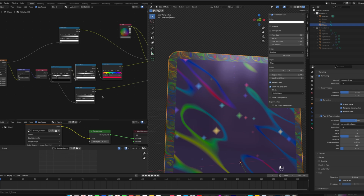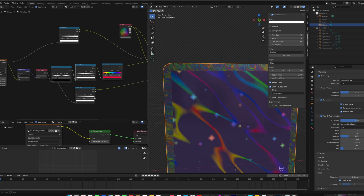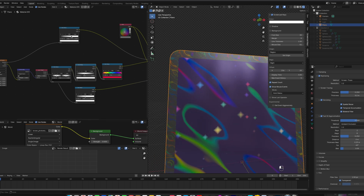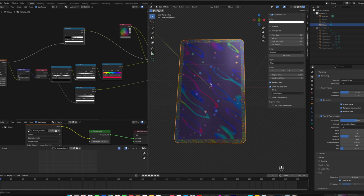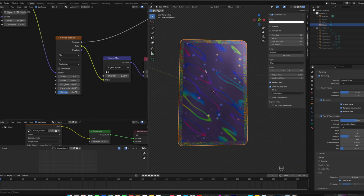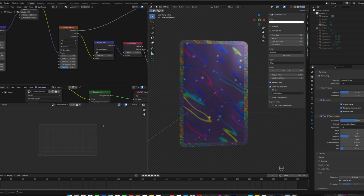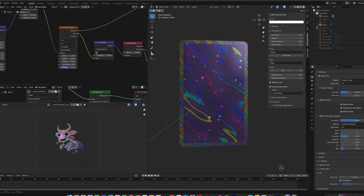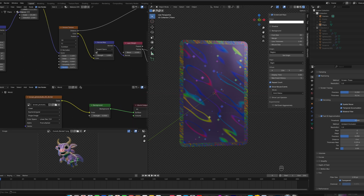And again, you can just edit values and see if you can get something that looks a little more like the cards. I think that looks fine for now. Let's add the artwork to the card. So to add the artwork here, you want your background, and then you want your character separated, and you want your character to have a transparent background. And we're going to plug these in,